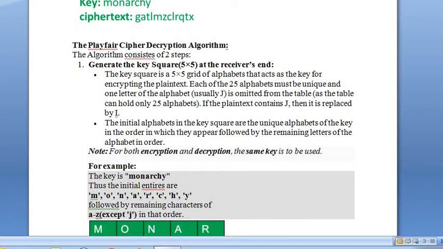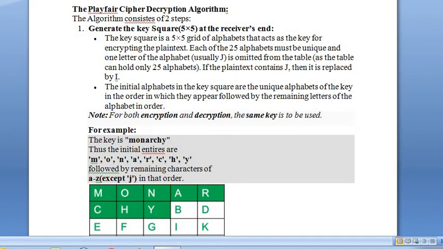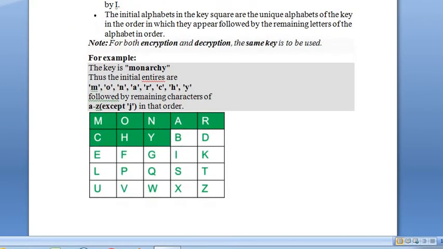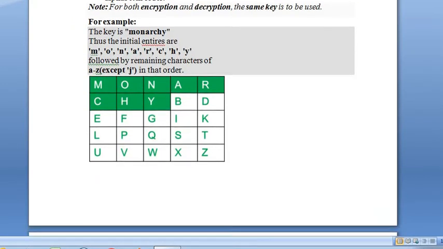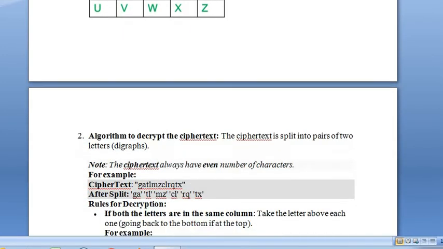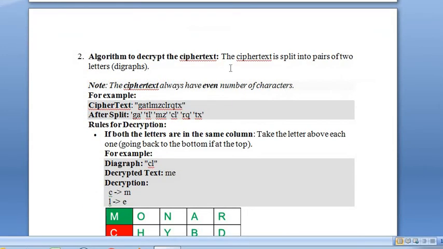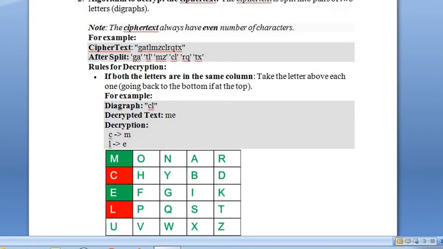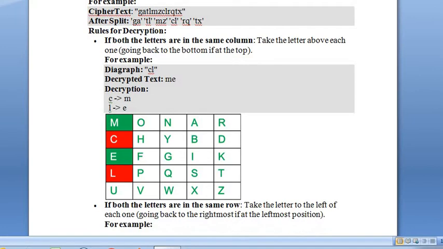That term will be taken. After that, generate the same key square table using a 5x5 matrix. Likewise, we already told the same thing, but with the reverse operation. So what is the reverse operation? While decrypting, we split the text into two-letter strings, and take them as digraphs.